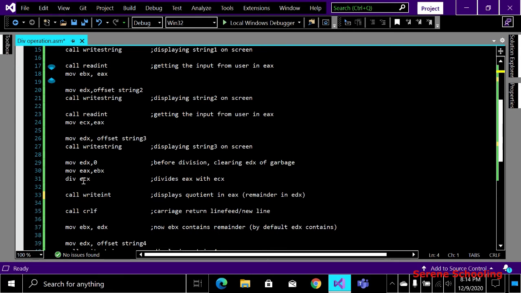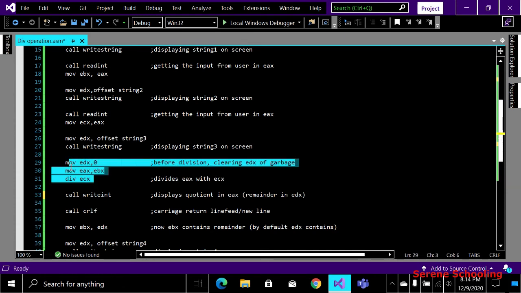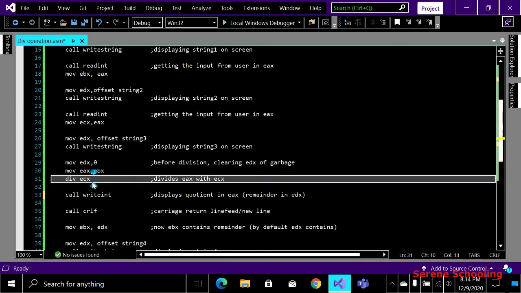And then div ECX, which means that I am dividing my first value, that is my EAX value, with my second value, that is my ECX value. Divides EAX with ECX. This is how this div instruction works. This is quite important. This is not a very easy statement.